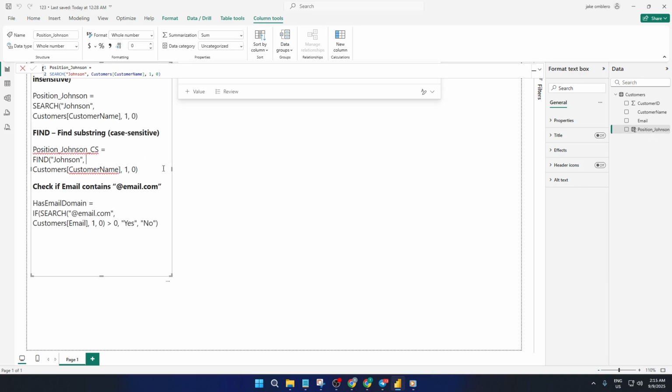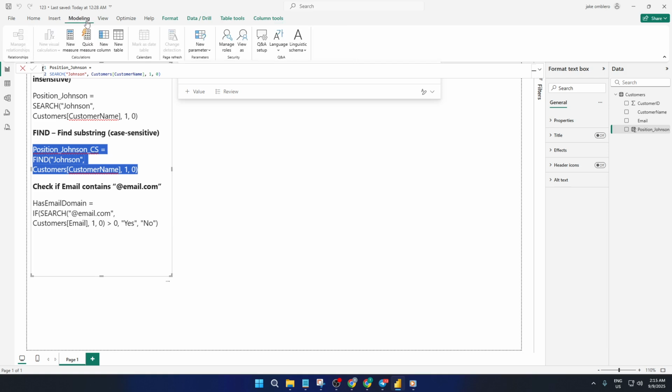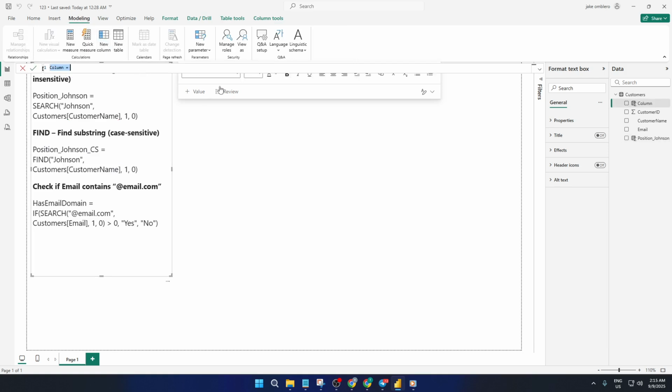Now let's step it up a notch. Go back into Modeling and create another new column. This time we're going to get a little more strict with FIND. The formula looks almost identical. Position Johnson CS = FIND("Johnson", customer name, 1, 0). The key difference: FIND cares about upper and lowercase letters, so it will only spot Johnson if it's cased exactly